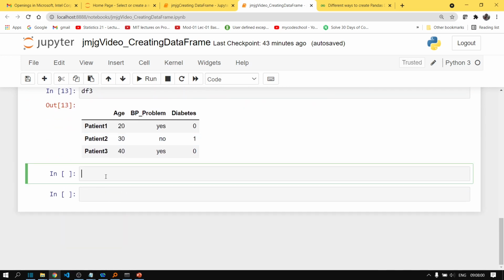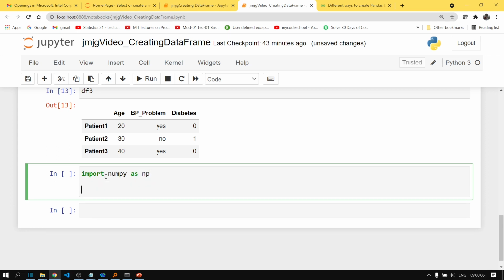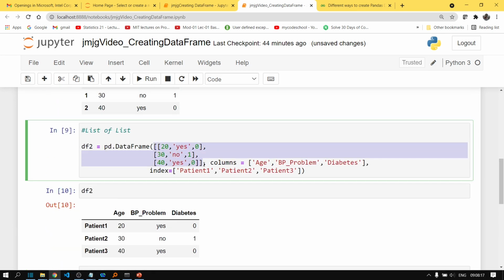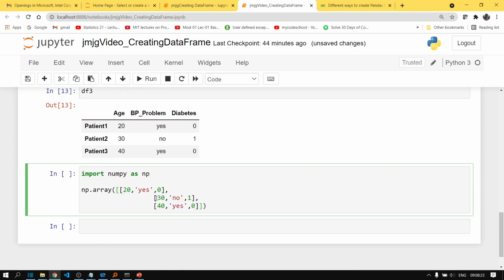So let's import NumPy as np, and let's create an array, and inside this array we will simply pass this list of lists. It will become a two-dimensional array itself. Okay, so let's give it the name data.